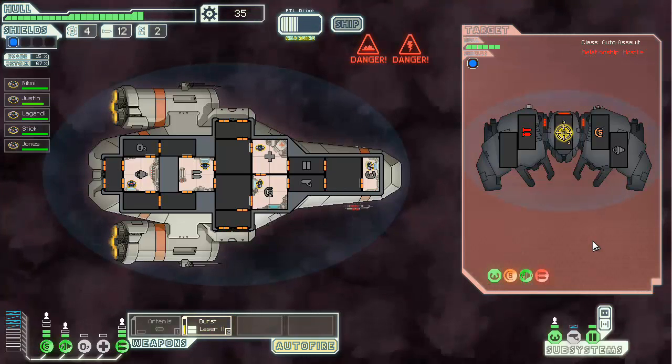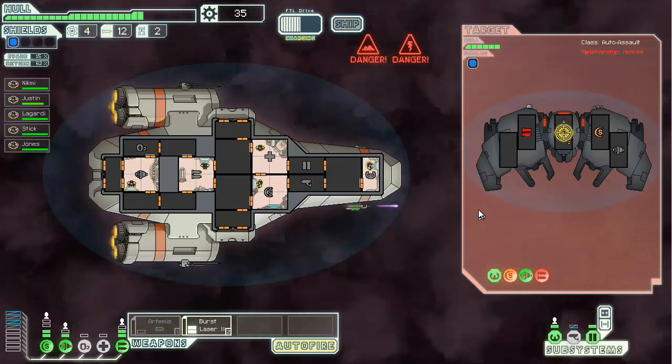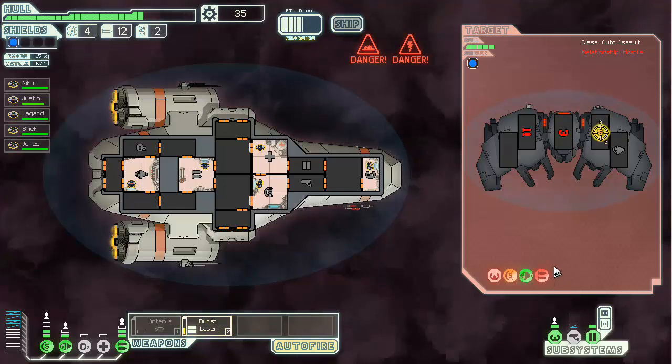So okay, his shields are kind of down. Looks like they put some points into shields just in case, but that's fine. His weapons are down, and those are unlikely to come back up anytime soon. And now he should have about 0% evade chance, which leaves us time to just blast the hell out